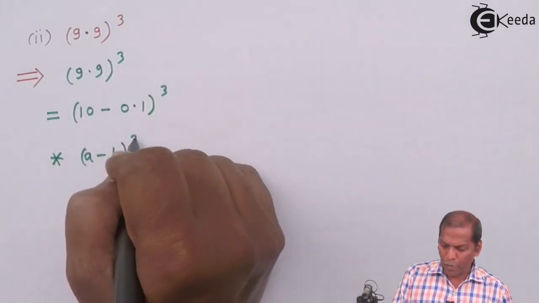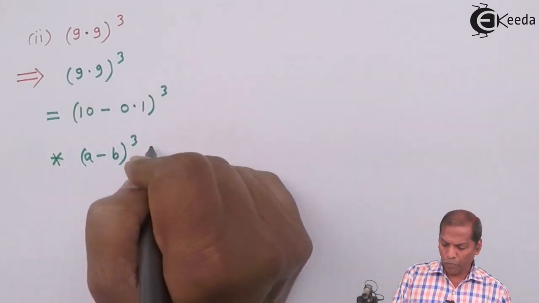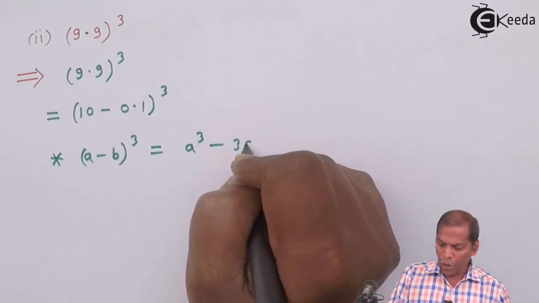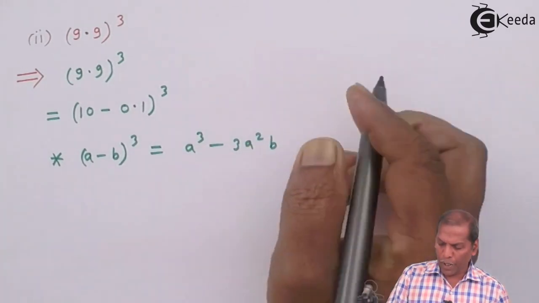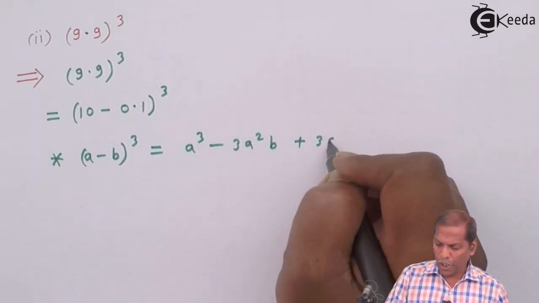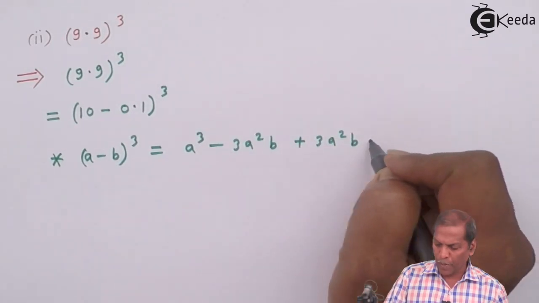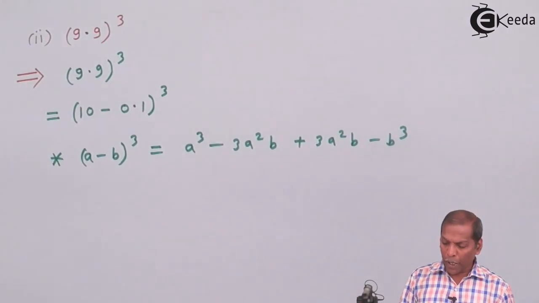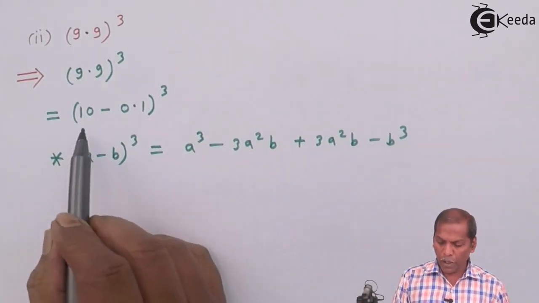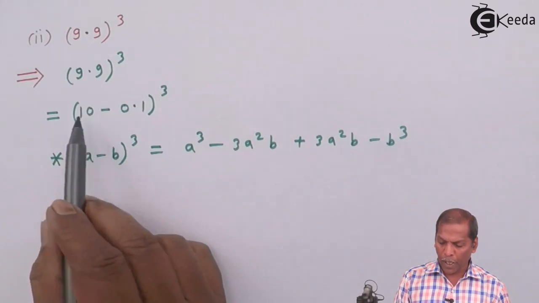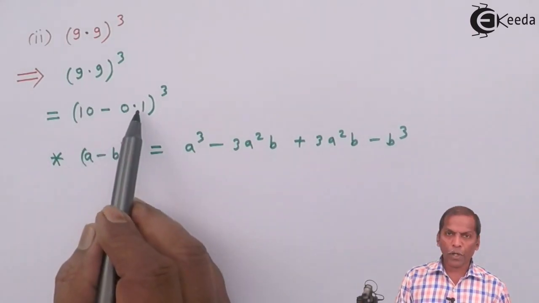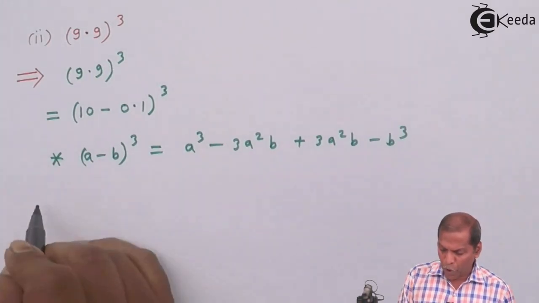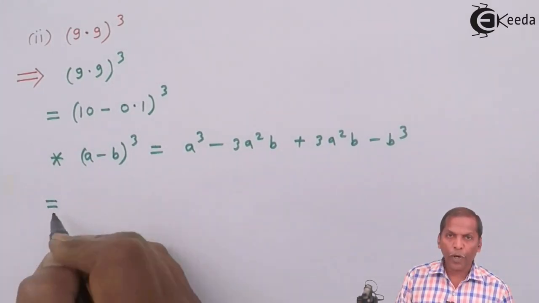Now (a - b)^3 can be written as a^3 - 3a^2 b + 3a b^2 - b^3. Now in the present case, here 10 we represent as a and 0.1 we consider as b. So by using this formula, the next step will be